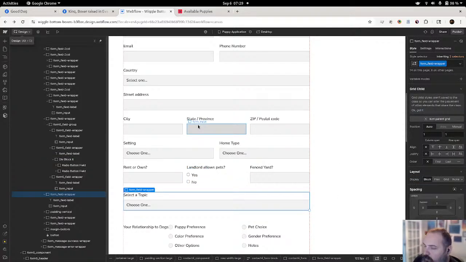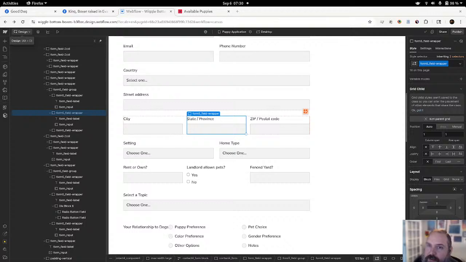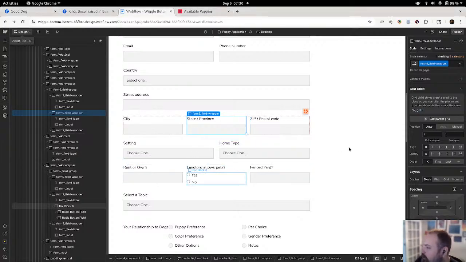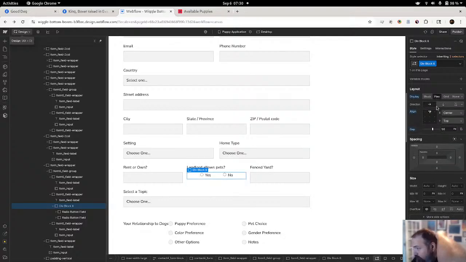What do you think? Vertical or horizontal? I kind of like it horizontal, personally. I think that's what I'm going to go with. Totally open to suggestions though. Like if you think it's dumb, then we can change it. But I think it's fine. We'll flex it and have the 50 pixels in between.